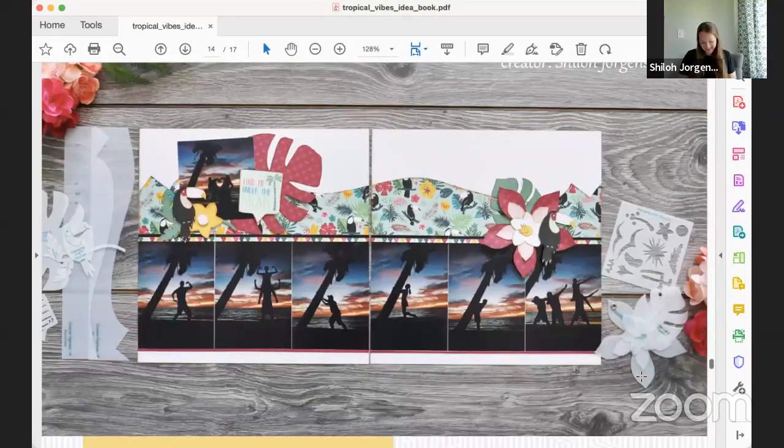Yeah, I've been waiting, and I'm so glad I did. This was from a couple years ago, and I've always loved these pictures. This was Christmas Eve. We were in Florida, and we were just leaving the beach, and there was this palm tree sitting there, and we were like, let's take some pictures. And so it was like all these silhouette pictures of my kids and family, and the colors, with the palm tree. I was like, I've just been waiting for paper that would work for this. This is perfect. This kit was perfect for it, and so I was really excited to finally get to scrapbook this.